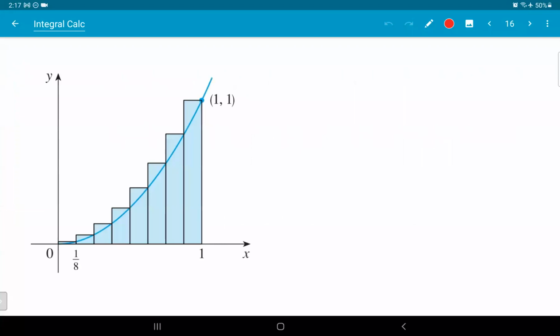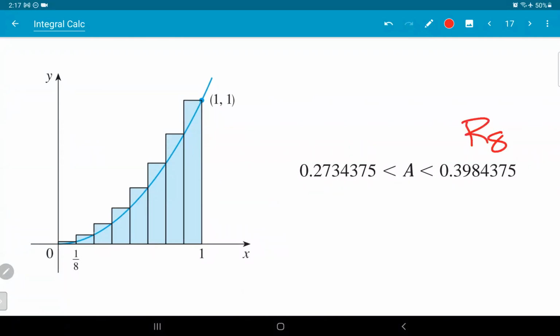There, same region, but more rectangles. Thus, these rectangles actually have smaller bases. And notice that the error in computation is less because of the smaller widths of the rectangles. Right? And if we compute, okay, this is your R8, 8 rectangles, and then the right endpoints as shown in the figure already. R8 will be, you can check this, 0.398 something. And then L8, if you use the underestimate,